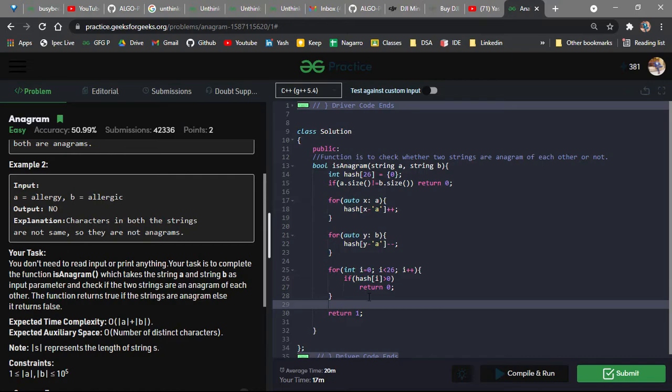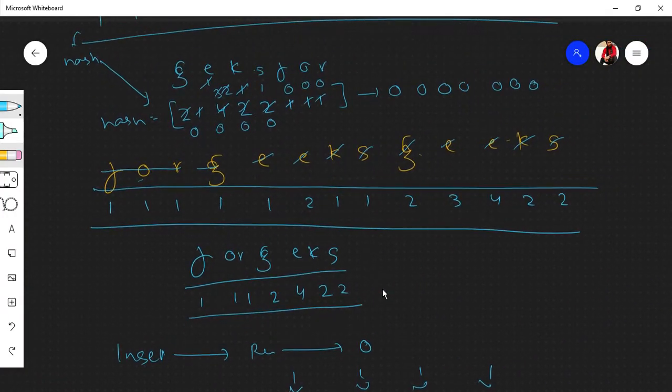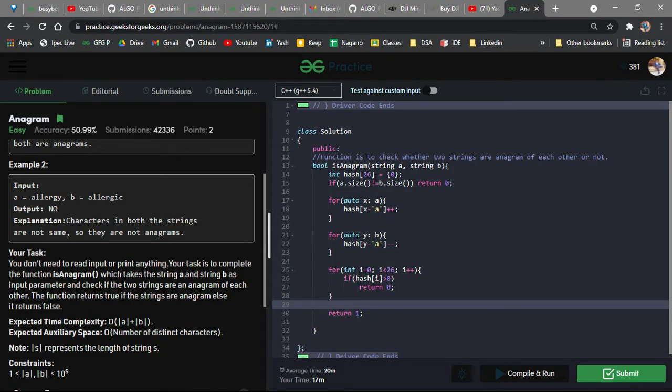Basically, if any value does not match in these two, even a single character, then they are not equal. For example, just take this instance. For this S, just imagine I would have changed it to Z, and the value of I would be 1, and in this there is no Z. So for this, there will be a Z column, there will be a space for Z.